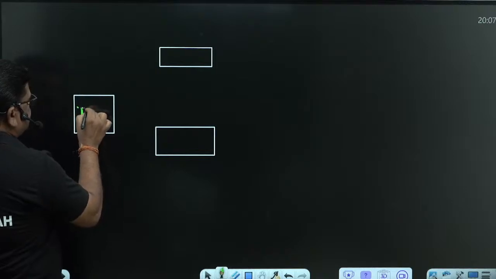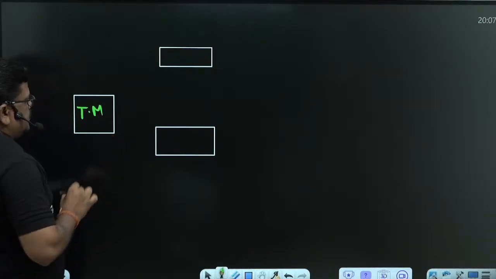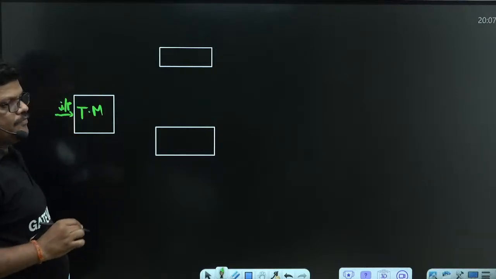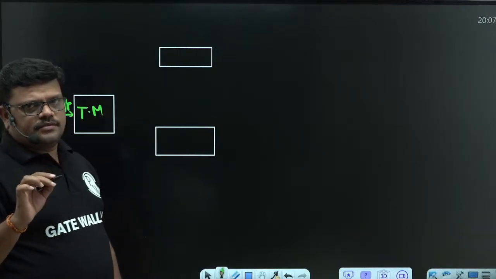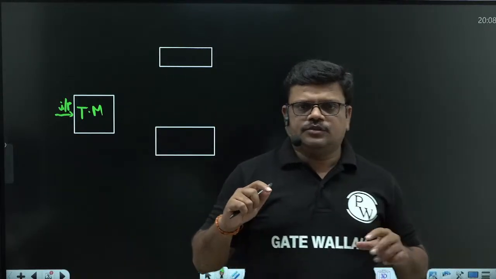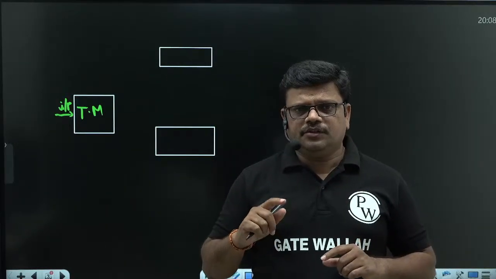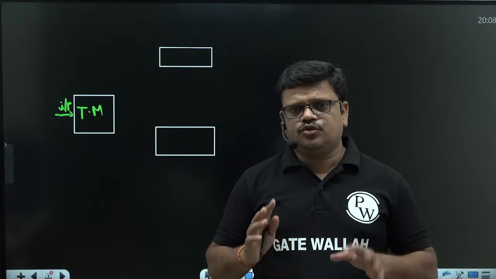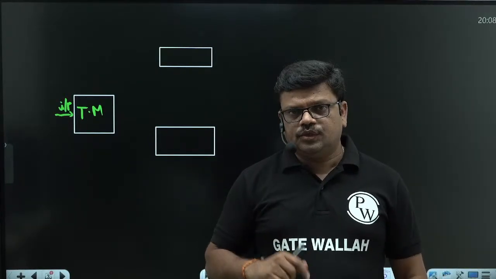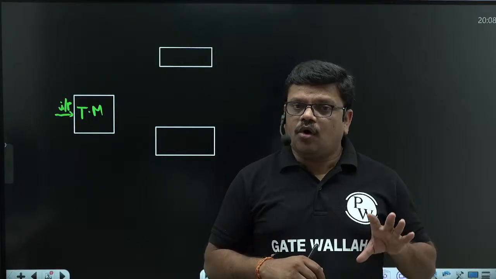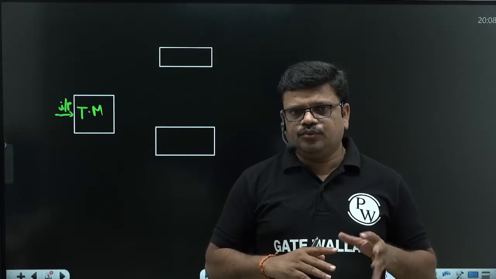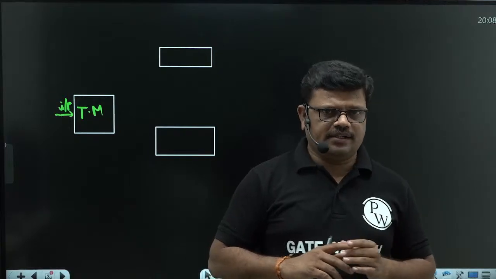So whenever you say Turing machine, it takes the input. Now for some Turing machines, whatever the input it is reading, the property of the Turing machine is that it will not always halt. Halt means stops. For some inputs it will halt, for some inputs it will not halt. So based on this, we have some halting Turing machines, and we have some may-or-may-not-halt Turing machines. Like this, we can categorize the Turing machines into two categories.